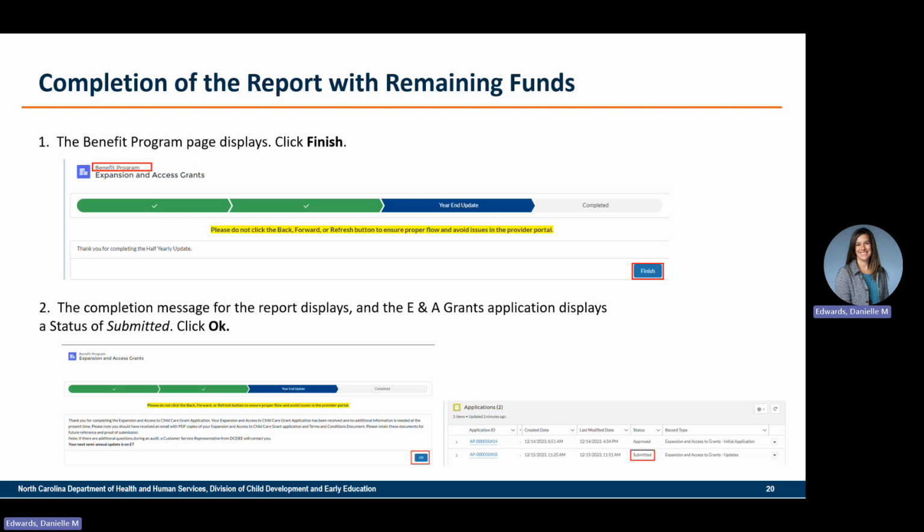If you complete the report with remaining funds, you will finish by clicking the finish button, and the completion message for the report displays, and your status will show as submitted, and you will go ahead and click OK.